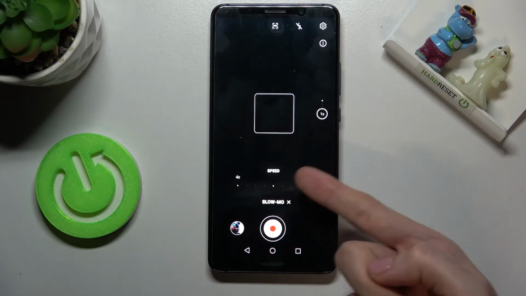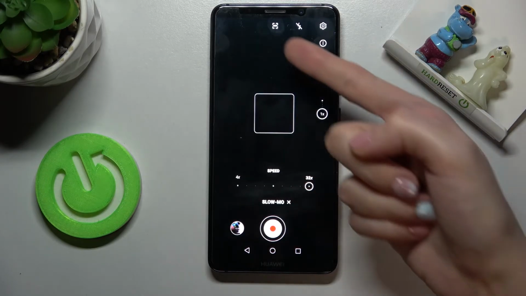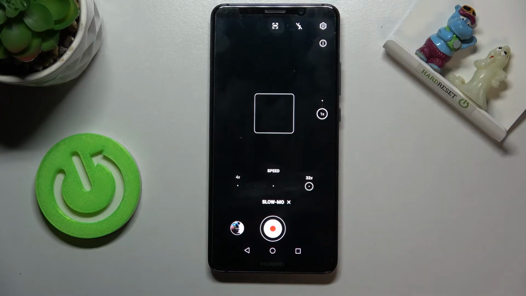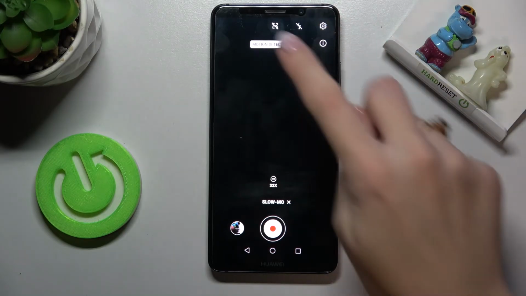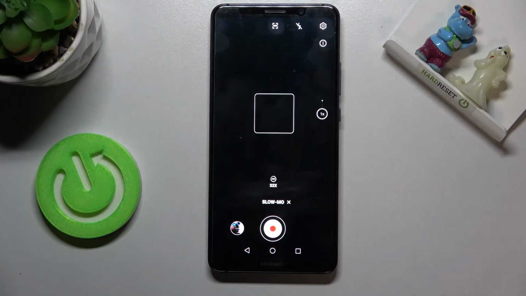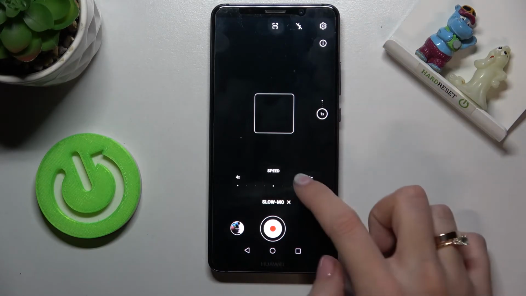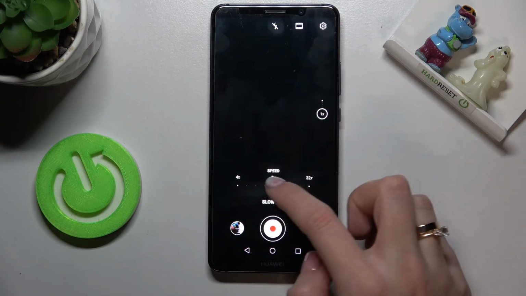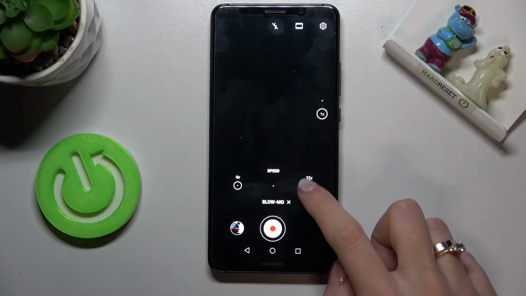Let me show you also that in 32 we have this button here also at the center up to turn on and off motion detection, so this is a kind of tool to improve our slow motion. And in 8 speed, as you can see, we don't have it, and also in 4, so this is only